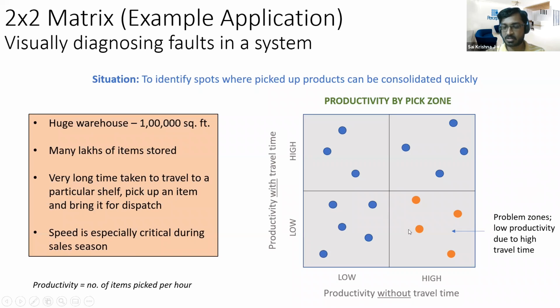You do this kind of an analysis, and you will be able to say very specifically for each warehouse, hey, these 4 are the locations where your travel time is very high, and this is the location which is impacting your productivity. So please see to it that you fix the layout of these zones. Okay, so this is one real-time example. Any questions?